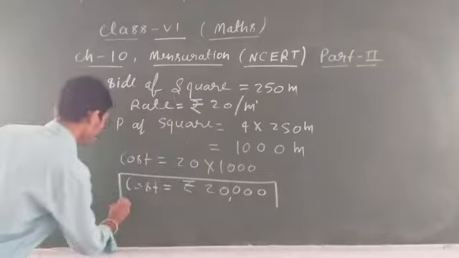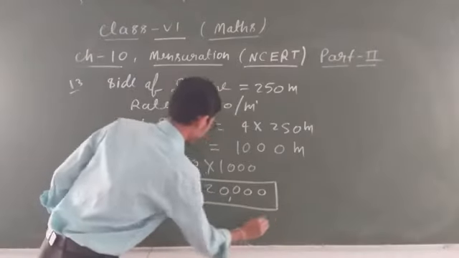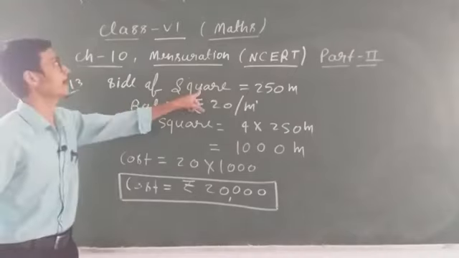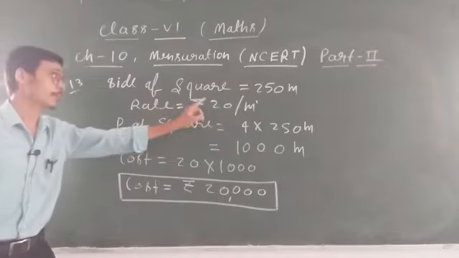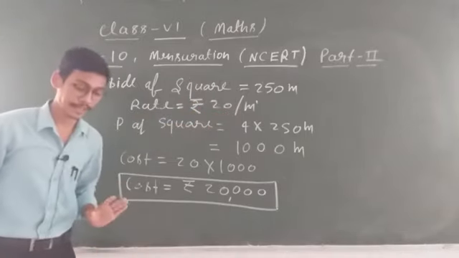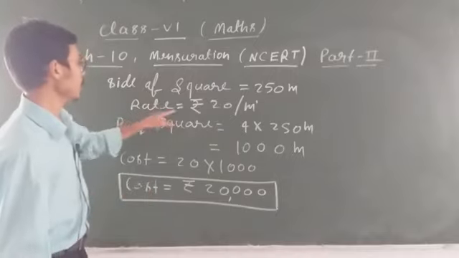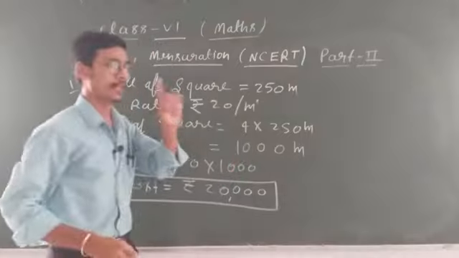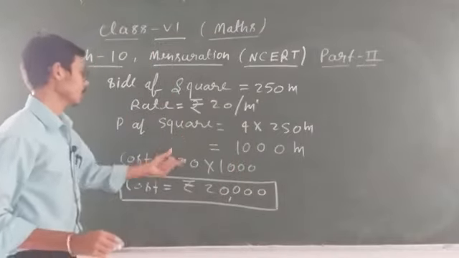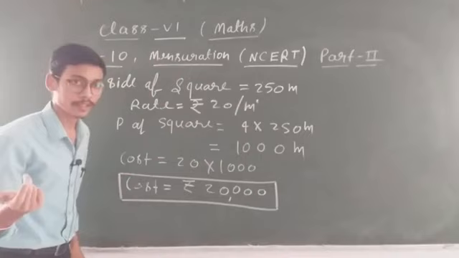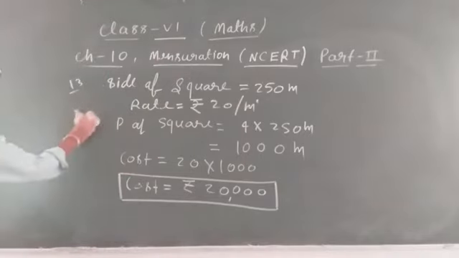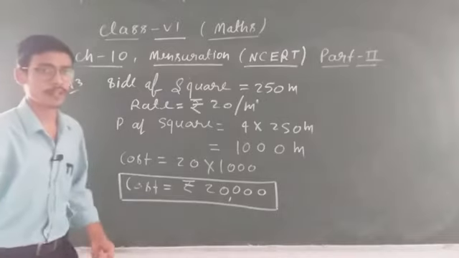Clear student? So you have to remember all the concepts. What is given in the question, what you have to find out. For this you have to write down first the given side, then write down the rate. Now you have to decide whether to find perimeter or area. So first check what is given. Here power 1 is given, that is per meter, only 1, na. So you have to find out perimeter. If per meter square is given, then you have to find out area, because you know that the unit of area is meter square, simply.